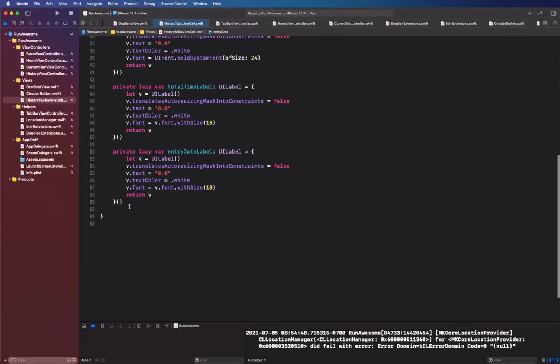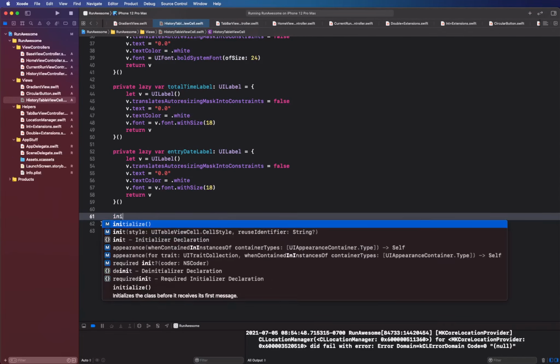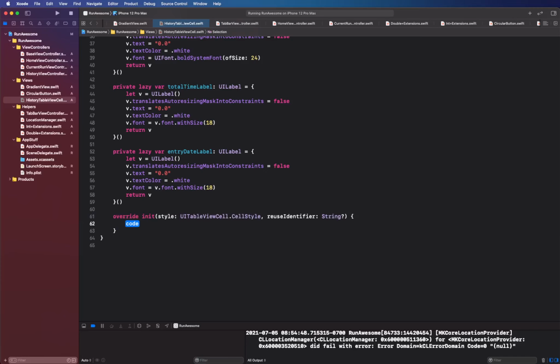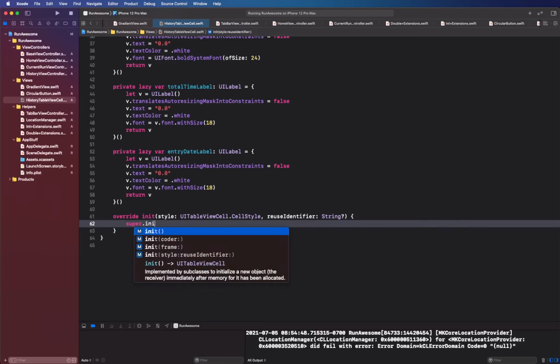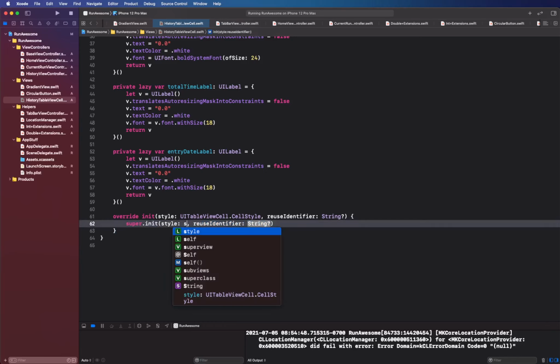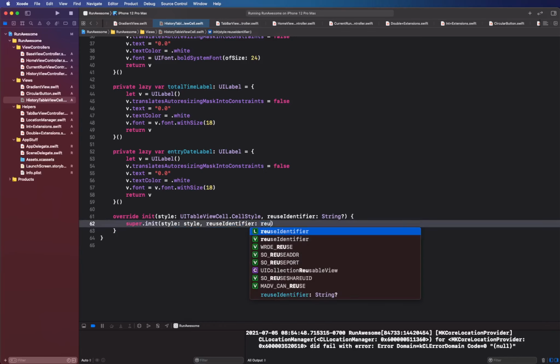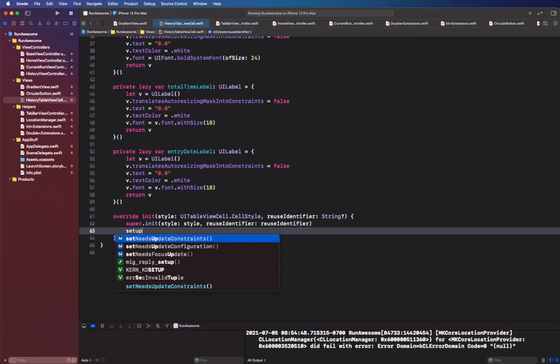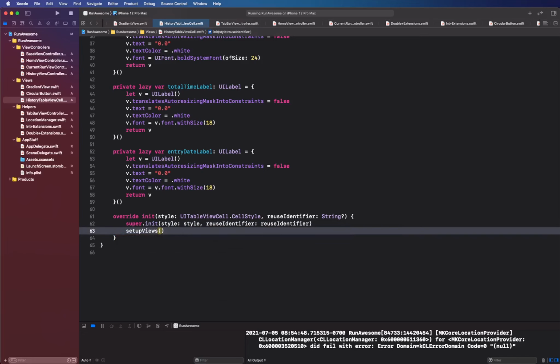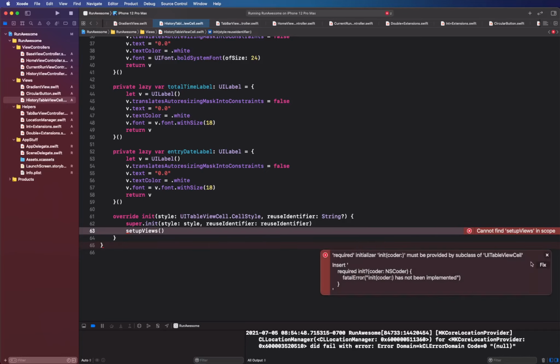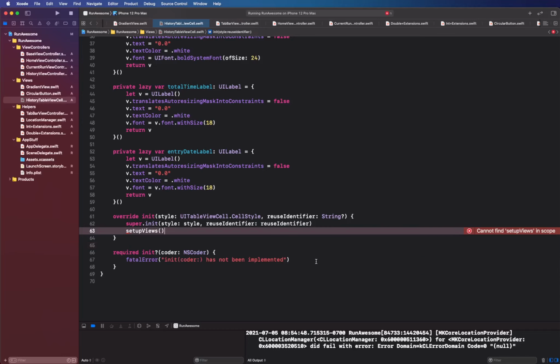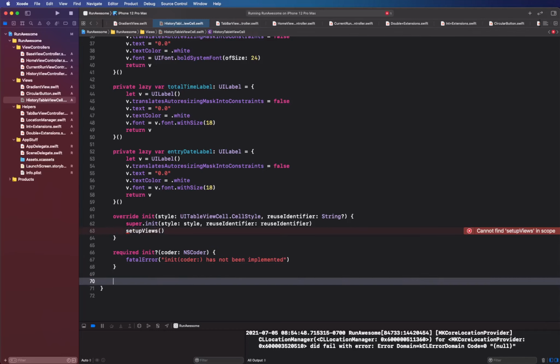Okay, now we need an initializer. So first we're going to call super.init, passing the style and the reuse identifier, and we're going to call setupViews here. The setupConstraints is going to be called in the layoutSubviews override function. So we are going to create this required initializer,